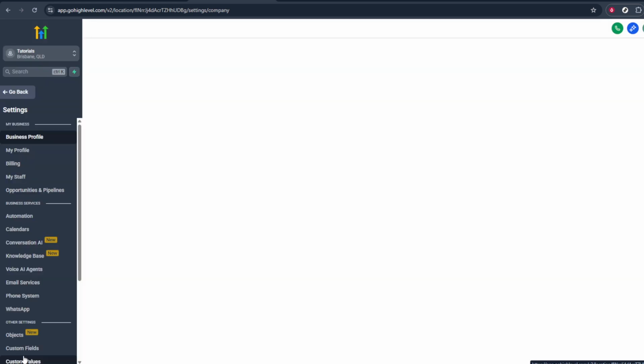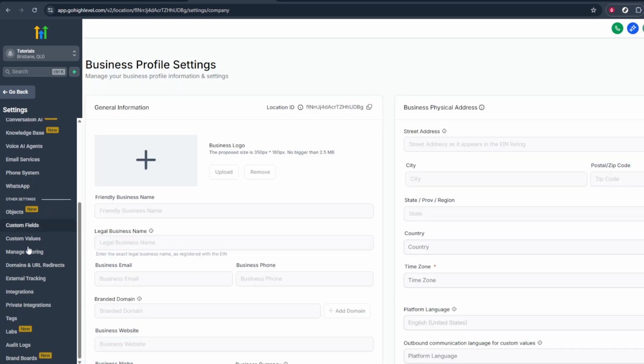Once you're logged into the correct account and location, look toward the lower left side of your screen. You'll see a menu with several options for managing your account. From there, you want to open the main settings area. Go ahead and click on settings. This is where you control most of the back-end configuration for your location, including phone numbers, company details, and